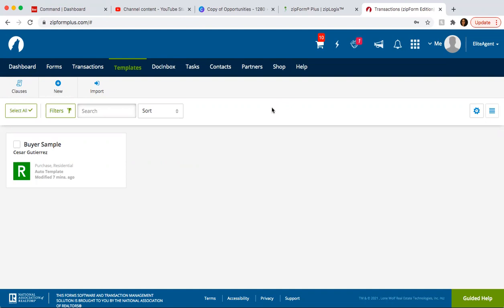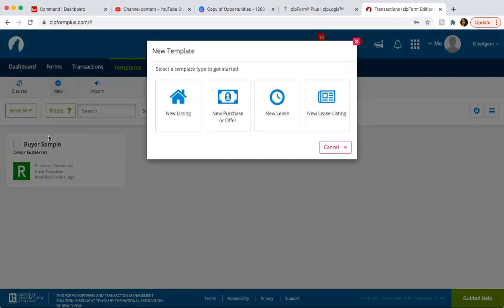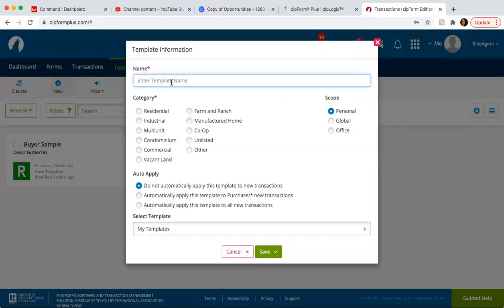Today we're going to go over creating templates in your ZipForm files. So the first thing you want to do is log in and click on templates. And here on templates, we're going to click on new. So we do have a buyer one here. We are going to recreate it. Buyer sample number one,